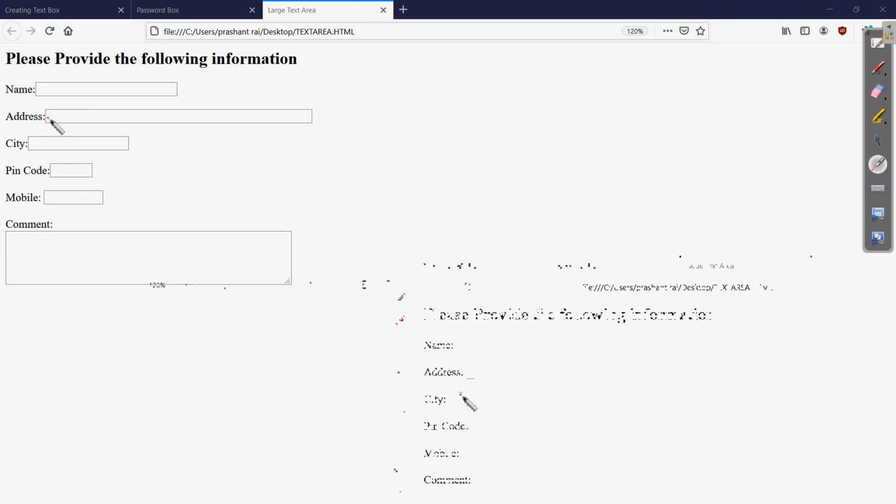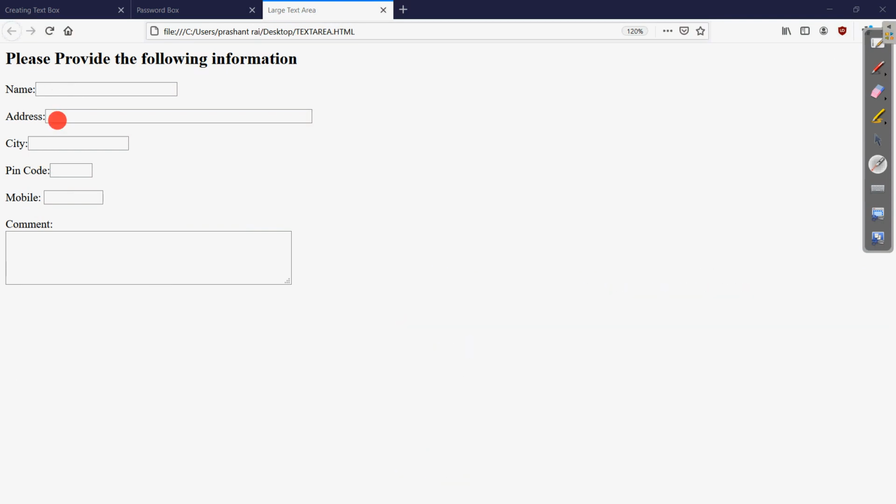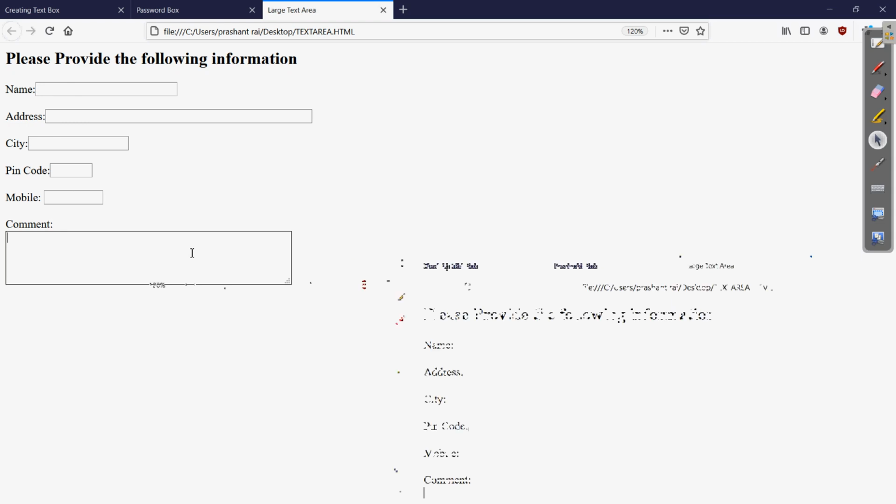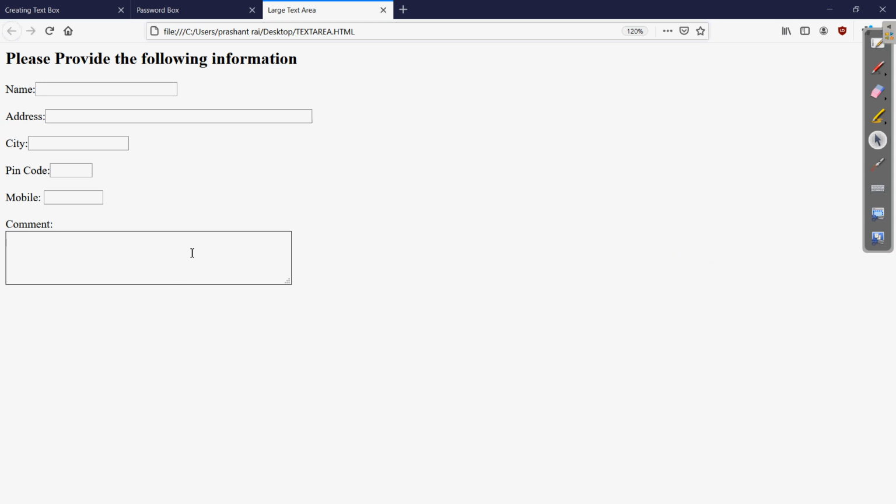The name, address, city, pin code and mobile number were all the previous things. Then the comment box, for which we have chosen the text area, so that is why we have this larger text box area. Whatever comment or feedback a user wants to give can be written in the comment. Clear? Suppose you are purchasing any product, you can write the comment here.